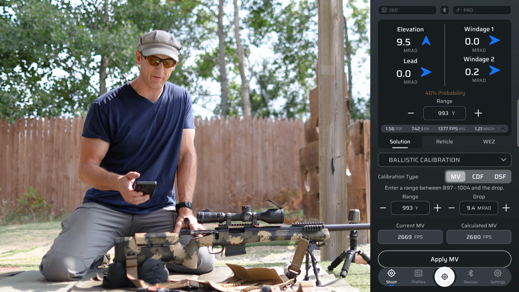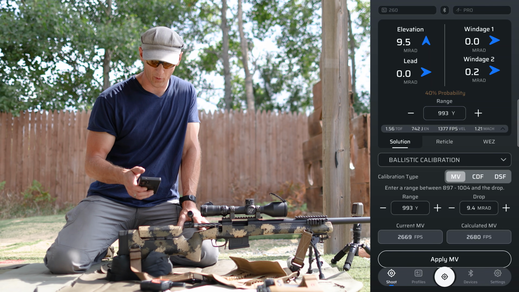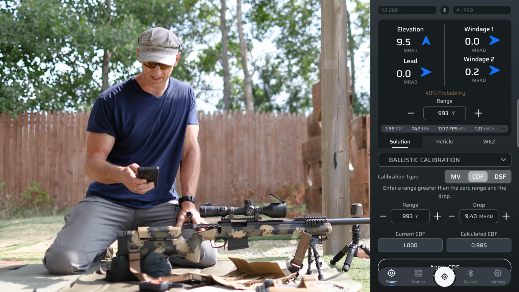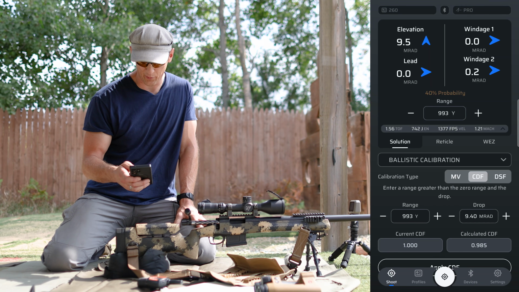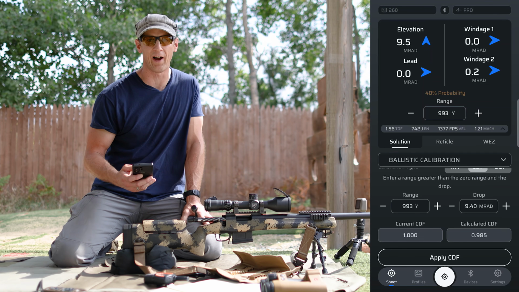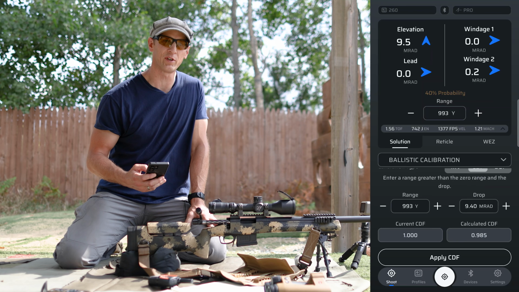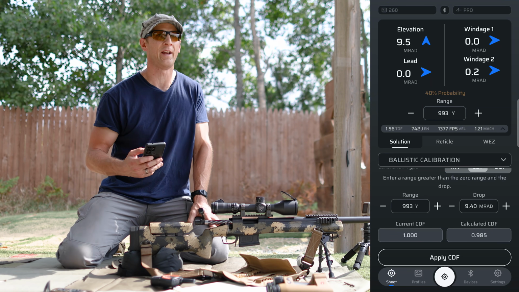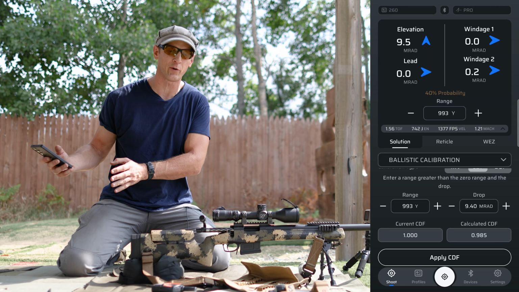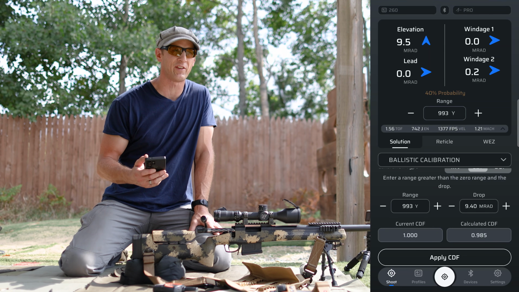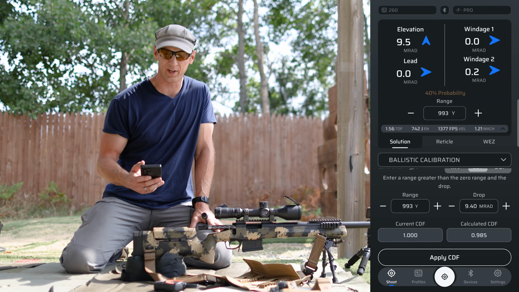And to true out the very last of it, we know that 9.4 would have been the right hold. So in ballistic calibration, I'm going to come into CDF, tell it the drop is 9.4, and it tells me my CDF is 0.985. That means there's 1.5% error in drag between how my gun is shooting these bullets and how that bullet is represented in the library, which is an average of everybody's gun, okay? It's very common to have a CDF of 1 to 2%,